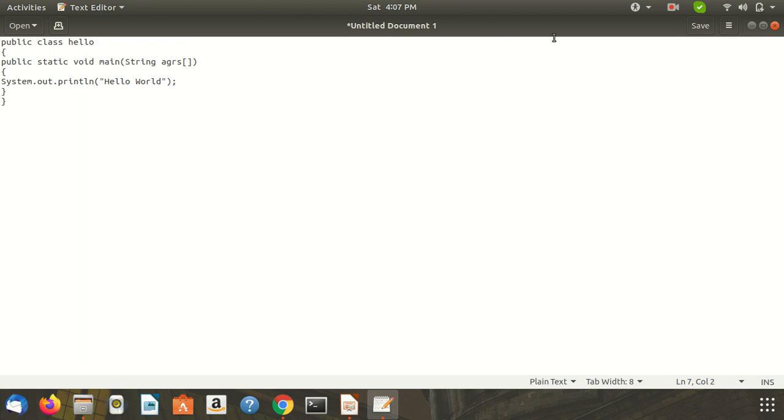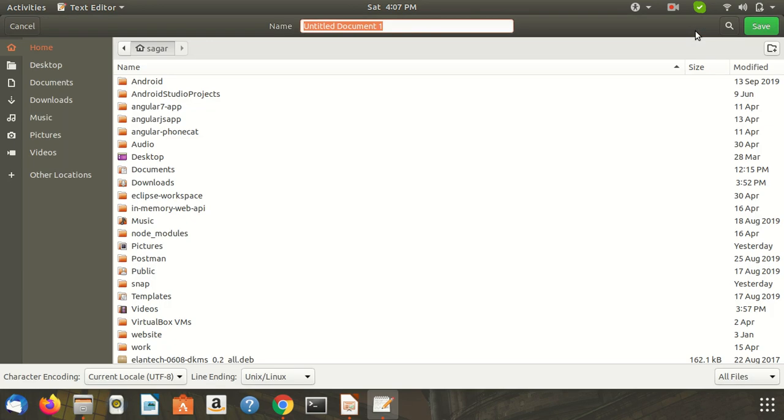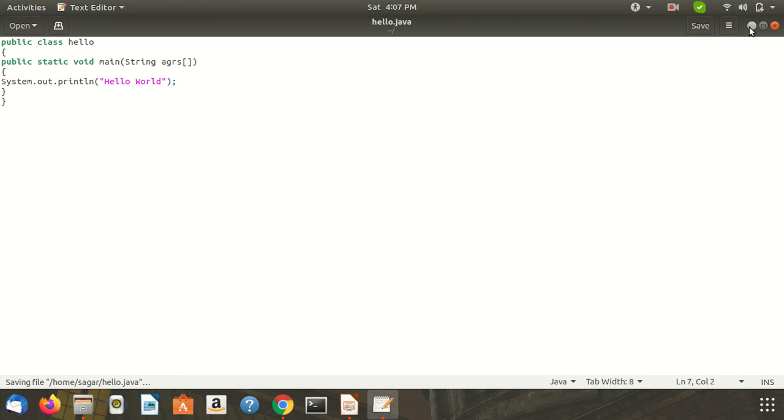Now save this class with the name Hello, because whenever we define a class with the public specifier, always save it with the same name, Hello.java. We use the java extension for the source file. Now save this file.